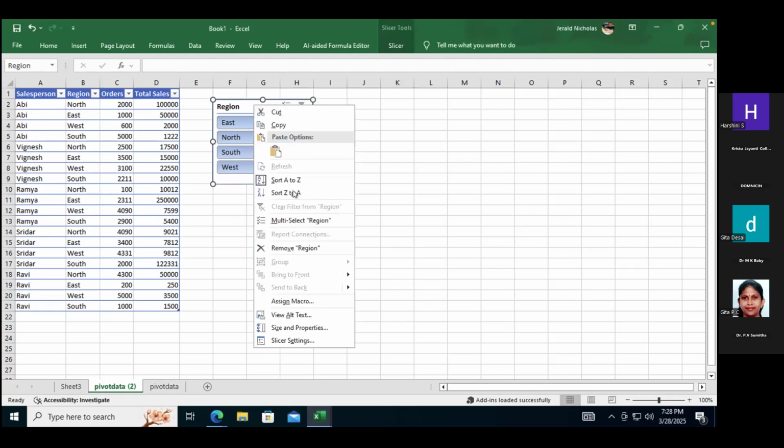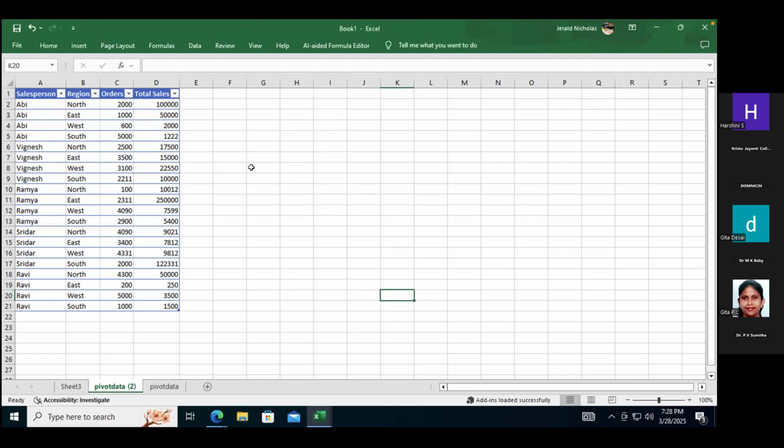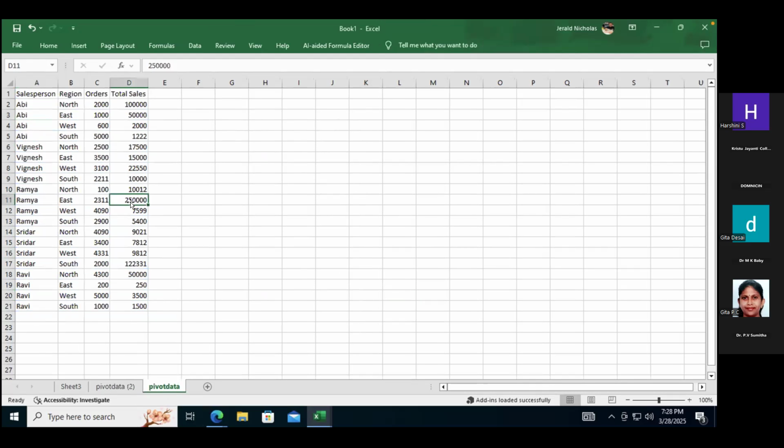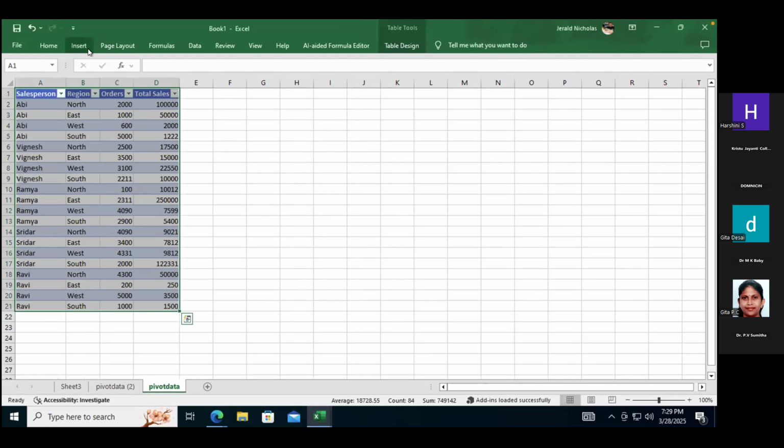I mean, you can sort data, filter data like anything you wish. So here I have a table, and this table has 4 columns and overall 20 rows. And I'm going to create, okay, let me first make this data a table. To make a table, I click Control T, and with headers I'm creating, so click OK. And now in the insert,